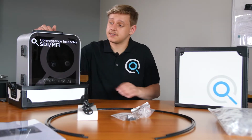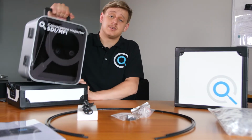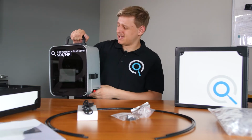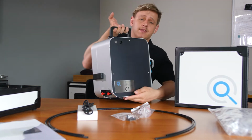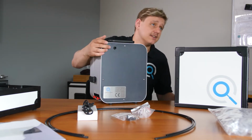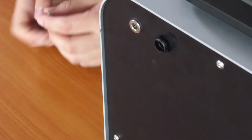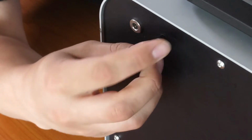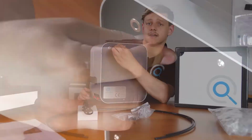When you first take your inspector out of the box and try and turn it on, you will notice that, well, it doesn't turn on. And that is because we have to put in the fuse first. Now, the fuse goes into the back. It goes into this little hole right here. So you take your fuse and fuse holder, you slide that into the hole, just like that, twist it